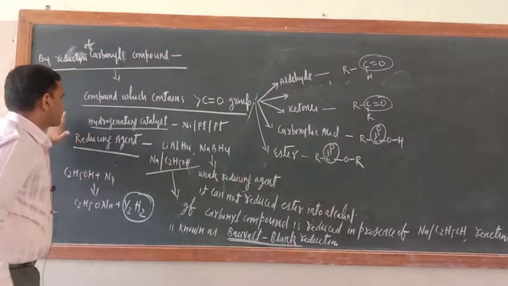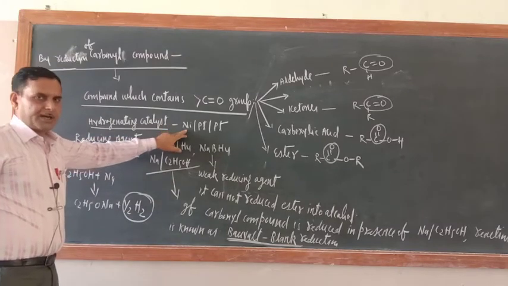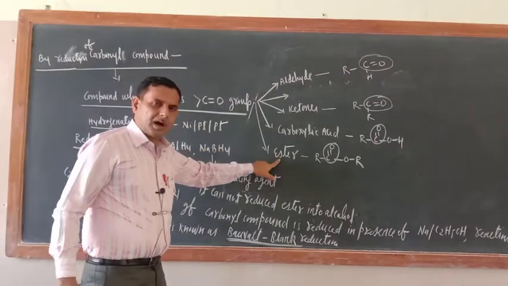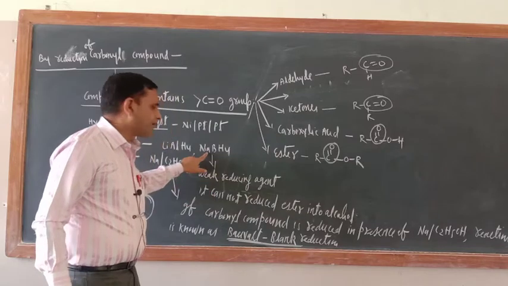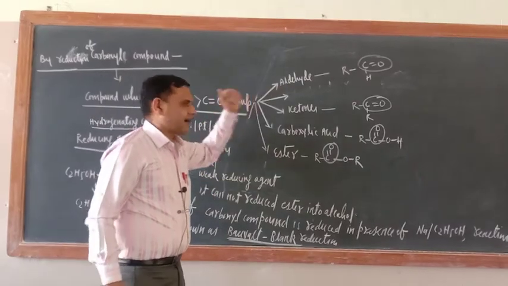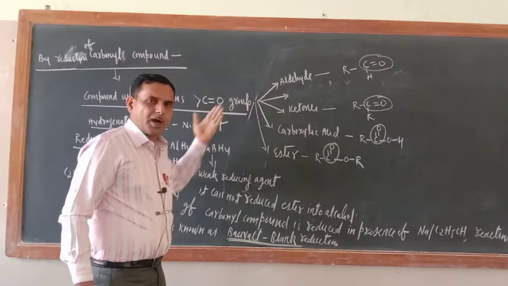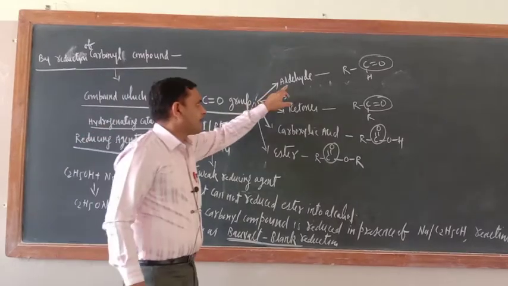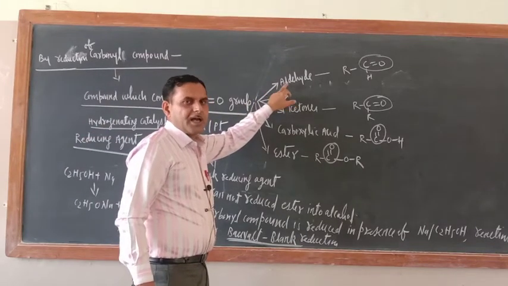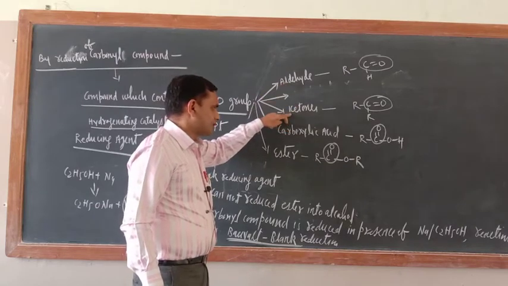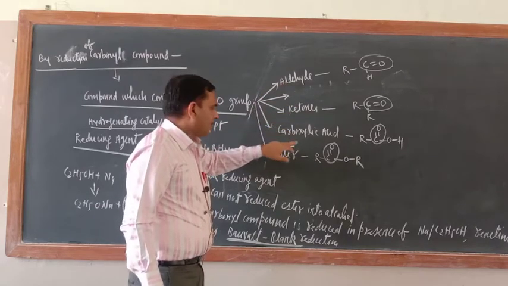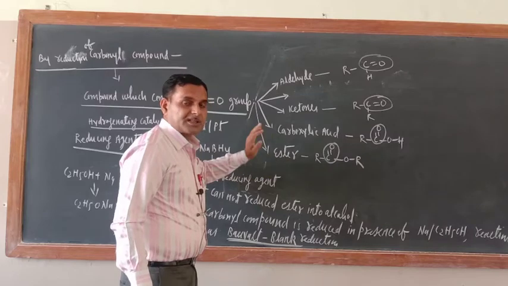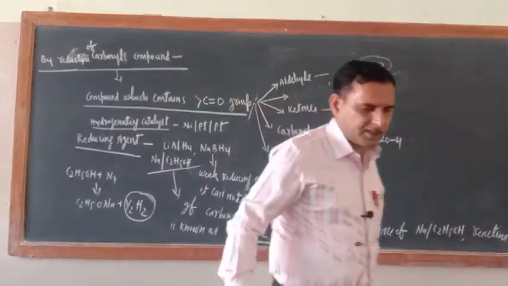Okay, over. Just remember this one thing: only ester will not be reduced by sodium borohydride. Aldehyde can be reduced by sodium borohydride and by lithium aluminium hydride. Lithium aluminium hydride and sodium borohydride can be used to reduce aldehydes and ketones, as well as carboxylic acid. But don't use sodium borohydride for the reduction of ester. One by one we'll write the reactions, then you will come to know.